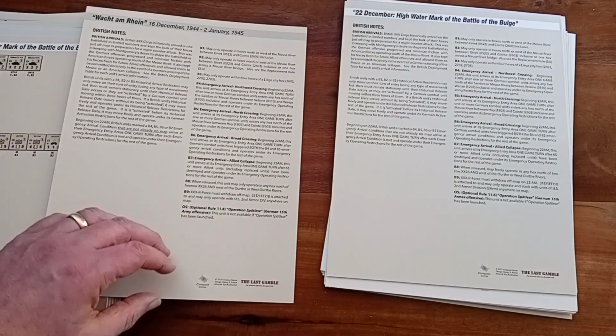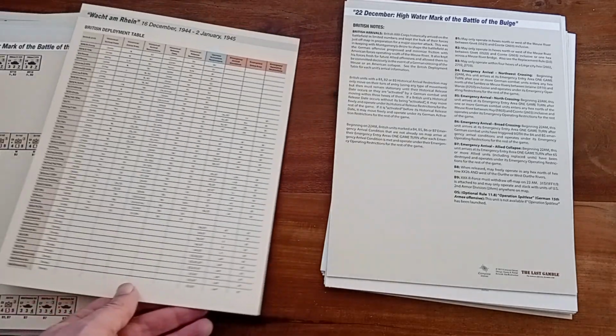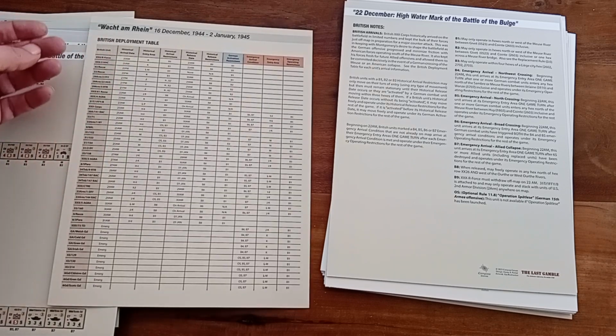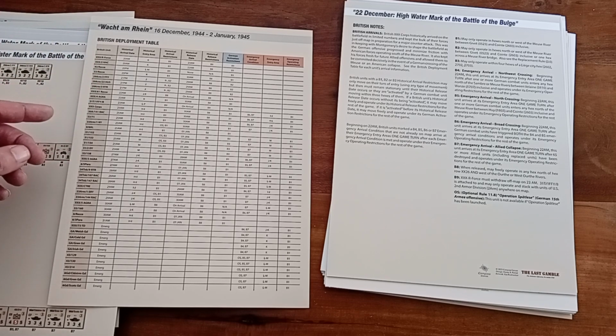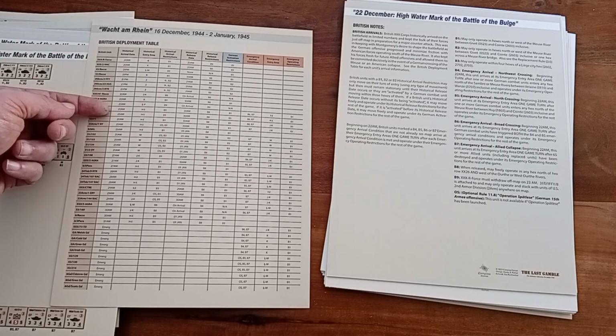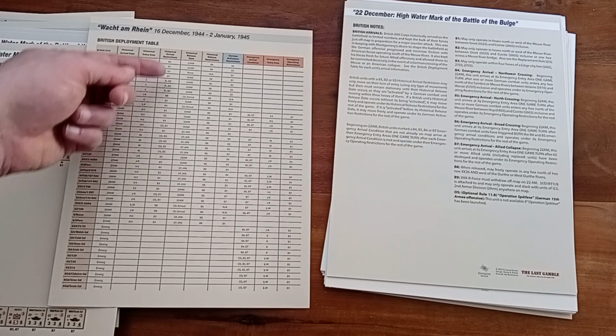Here we've got, these look like scenario player aids. Oh my goodness, look at this. So what we have here, this is for Wacht am Rhein. So this, I would imagine, is the big scenario. And here we've got all the different British units, their historical arrival date, their historical entry, obviously the gameplay release dates,